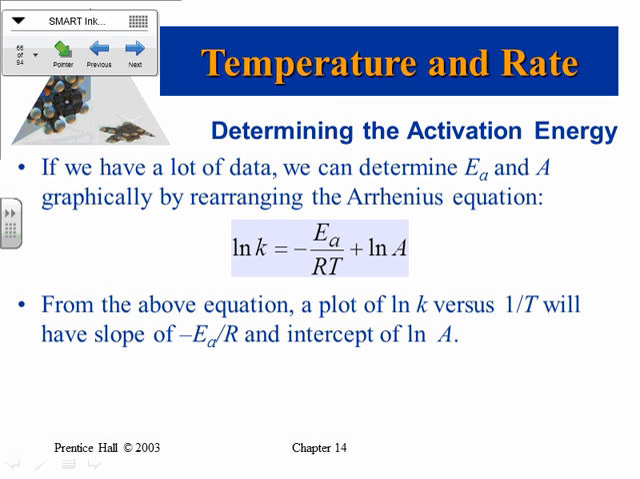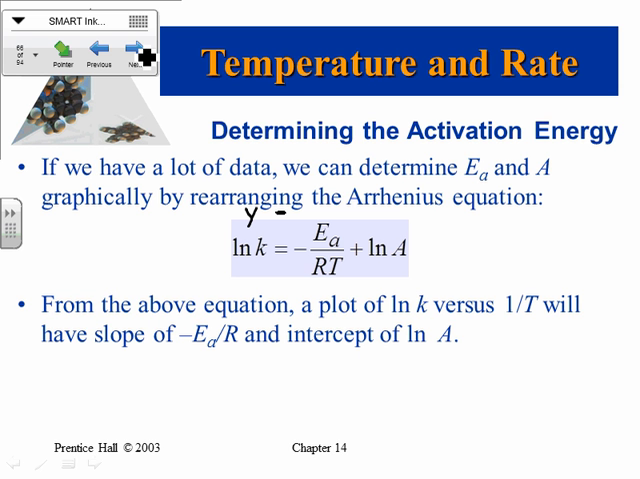Alright, so we can actually rearrange the Arrhenius equation, and this is where you'd use the calculus to do the rearranging, but you end up with the natural log of k is equal to negative Ea over RT plus the natural log of A. Now again, the reason it's useful to rewrite the equation that way is because now it